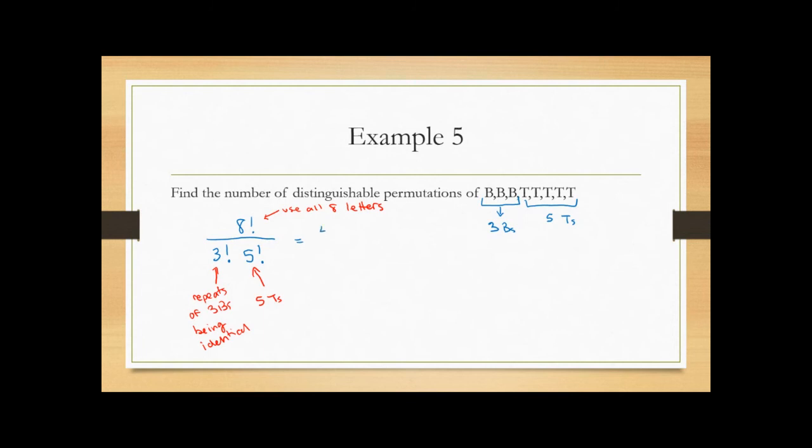So 8 factorial, we saw that number, that was 40,320. 3 factorial is 6, and 5 factorial is 120. So I'm going to just move this down. So I'm going to multiply 6 times 120. That gives us 720. And then you're going to divide these, and you end up with there's only 56 different permutations of those letters